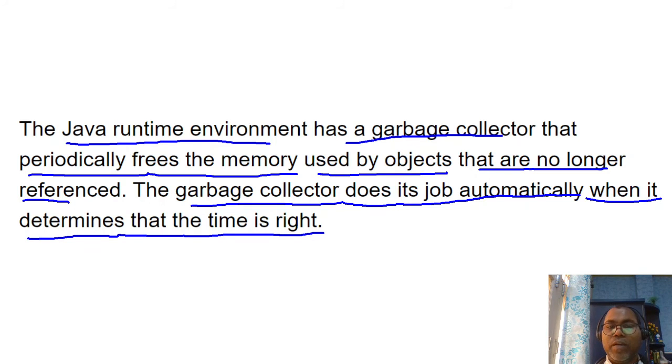If an object doesn't have any active reference variable, it deletes that memory. So please be aware, as a developer you don't worry about deciding when to delete memory; you just decide when to create memory. That is the developer's responsibility.